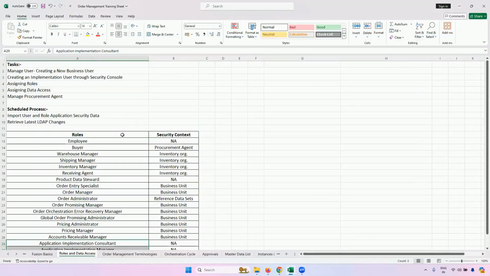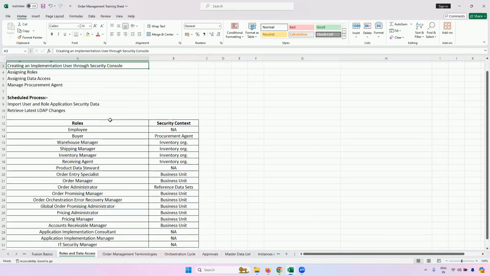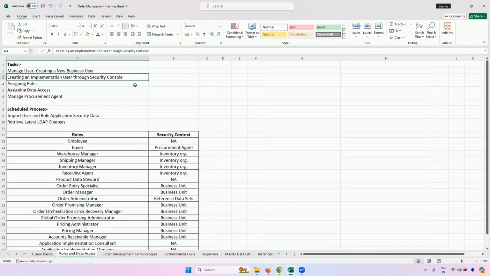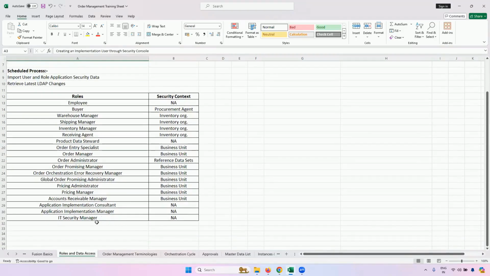This is also what I have seen from my experience. This is a place where many people go wrong in creating an implementation user and a business user. In many implementations, as per my experience as well, many consultants create an implementation user and then assign all the roles and data access, and he is not able to create transactions. Then he gets back and asks, where have I gone wrong? So this is the answer. You have to create a business user in order to do any transactions, right? And the implementation user only does the security console work or configuration work, these 3. So this is a very important thing.